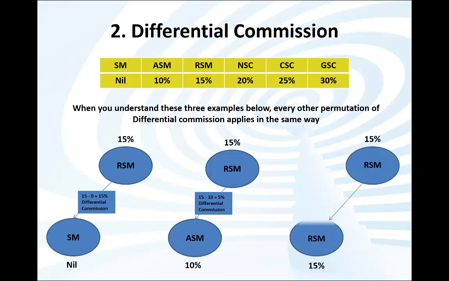The third example shows how differential commission runs out and leads into the next commission. The original RSM has remained at the same rank, but the ASM in the last example has now caught up with their introducer and reached the same rank, RSM. Therefore, they both have a differential commission set at 15%. So 15 minus 15 equals 0. This is where the leadership commission begins for the RSM. This encourages members to help members in their team to be able to catch them up at the same rank.